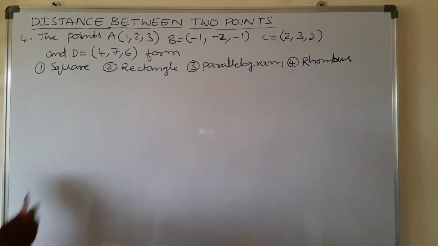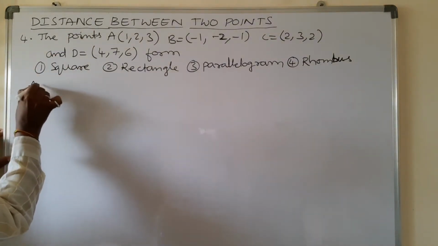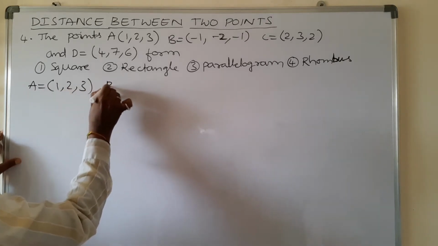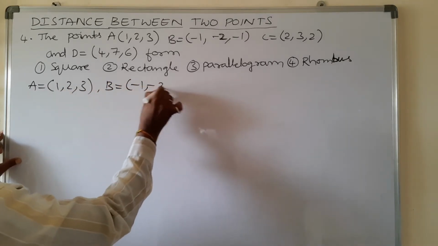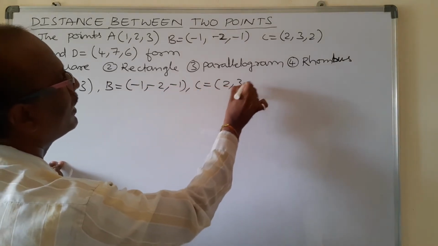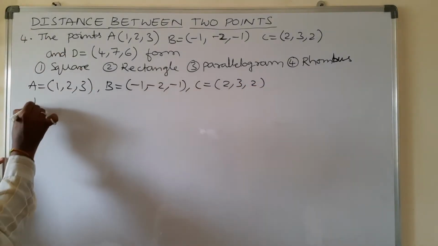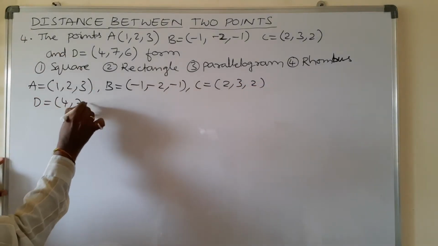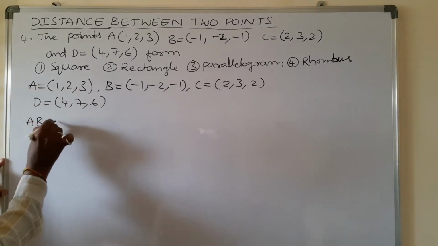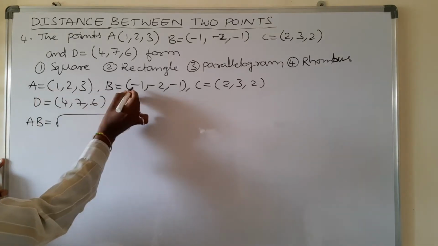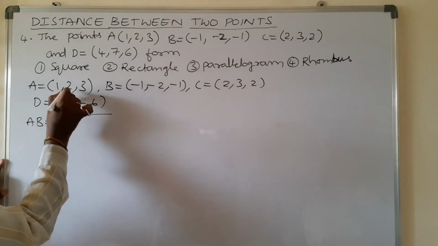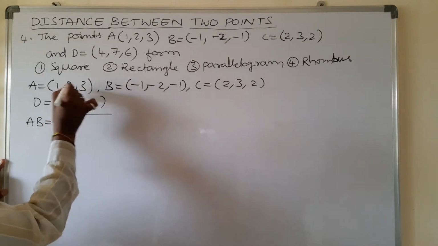First, here A equal to (1, 2, 3), B equal to (-1, -2, -1), C equal to (2, 3, 2), and D equal to (4, 7, 6). First, to find the distance AB. 1 minus (-1) is 1 plus 1, 2, 2 square 4. 2 minus (-2) is 2 plus 2,